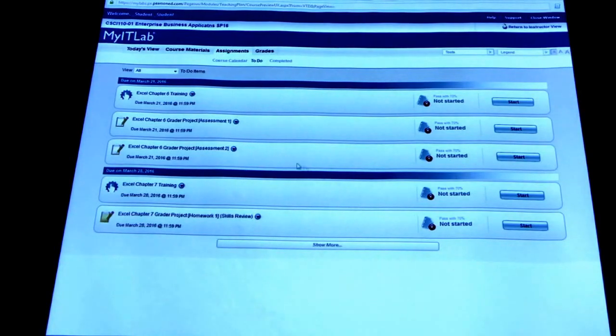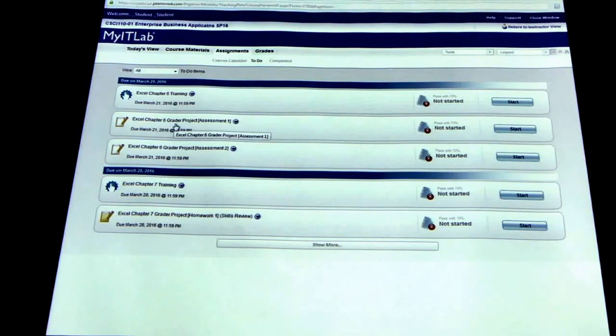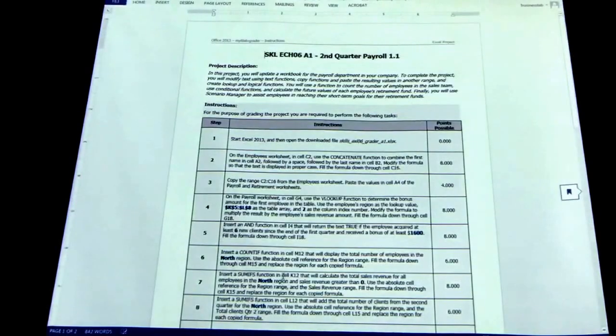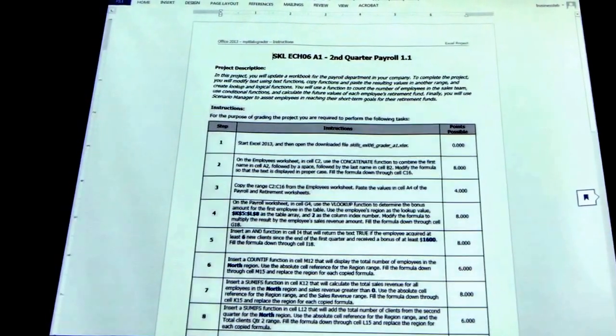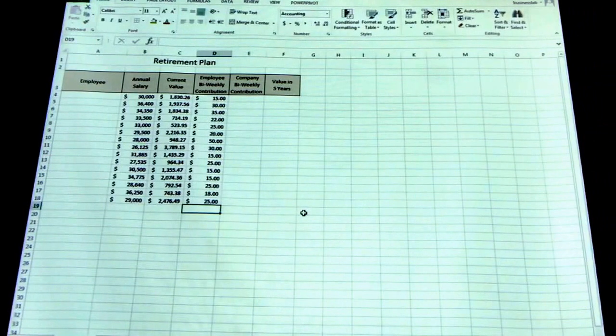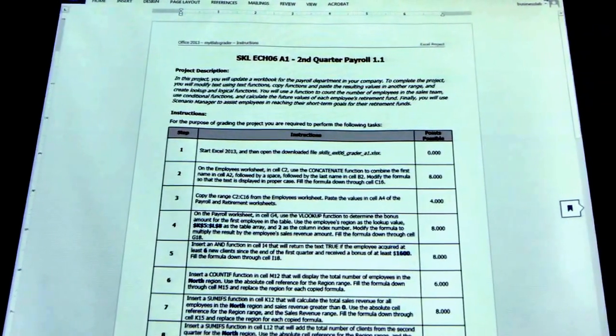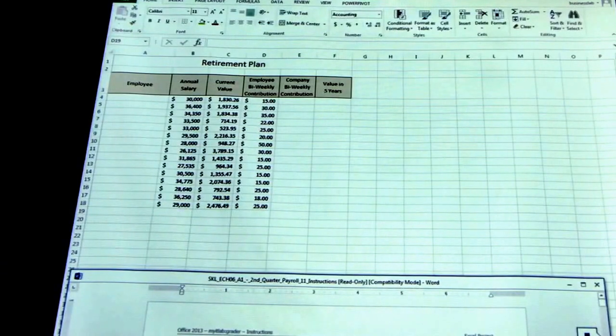Here are our assignments for the week. We're going to complete this assignment today, Chapter 6, the Assessment 1. Go ahead and download your instruction file, and this is your start file. And of course, I like to shrink the instructions down to the bottom,